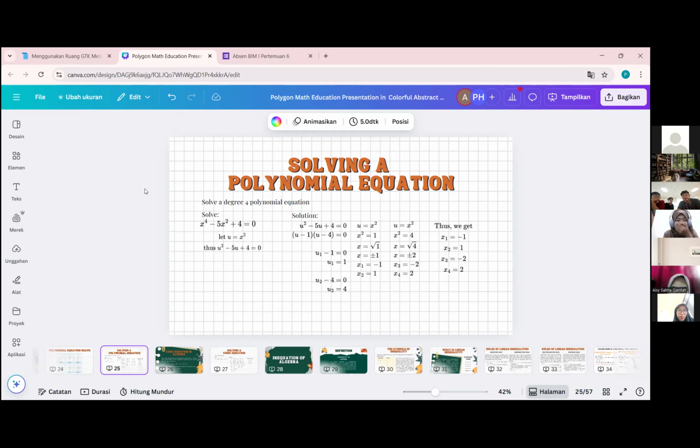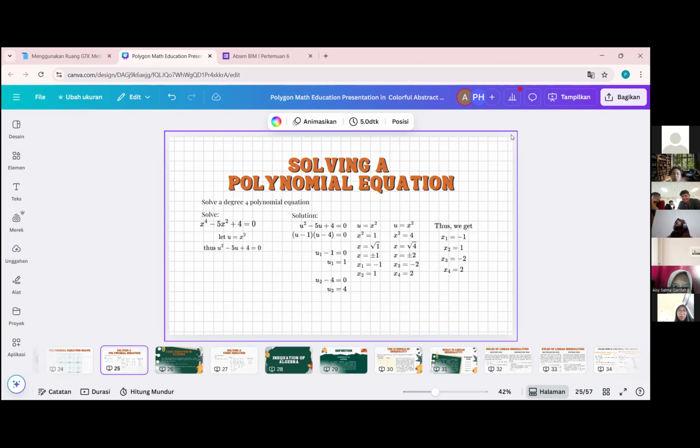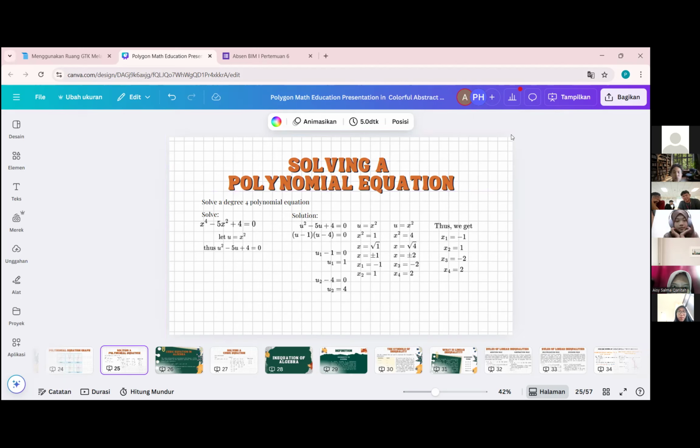Plus minus 2-nya sebenarnya karena yang atasnya kan X kuadrat sama dengan 4. Kalau yang dikuadratin hasilnya 4, itu plus minus pakai nilai mutlak, Bu ya. Jadi hasilnya plus atau negatif. Gimana yang lain, teman-teman ada?